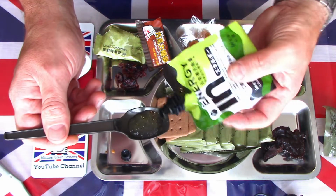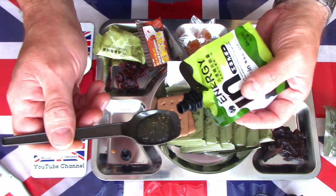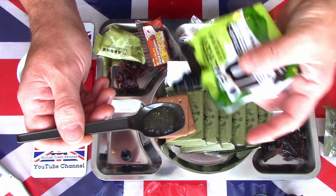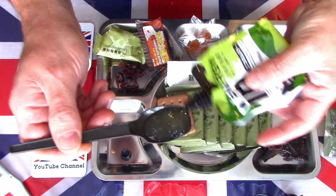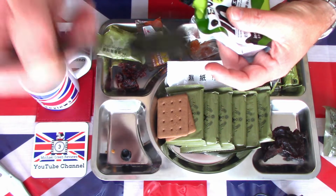It's a very mild fruit flavour, and the gel, in the UK, I don't know if it's the same around the world, we have a wallpaper paste. It's a powder we mix with water when we're putting paper on the walls. The consistency is very much like the glue we use here as a wallpaper paste. People in the UK will know exactly what I mean, but it has the sweet flavour of a